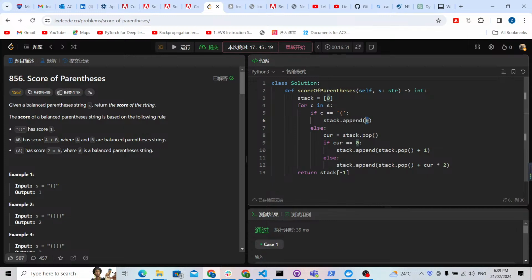It should be 0 if you find an open parenthesis, because this 0 is basically used for the